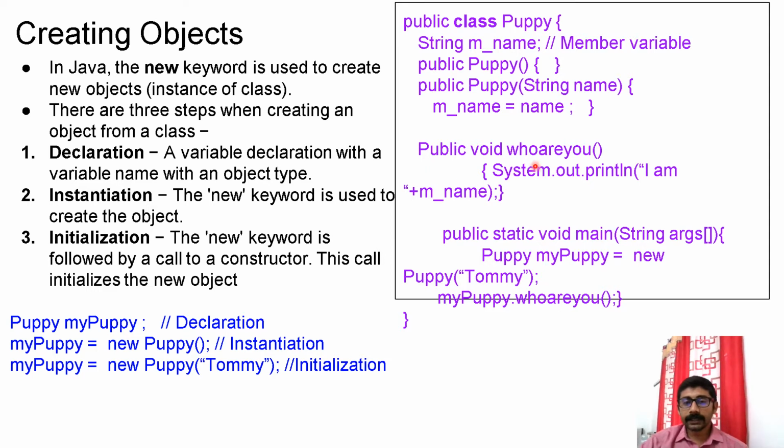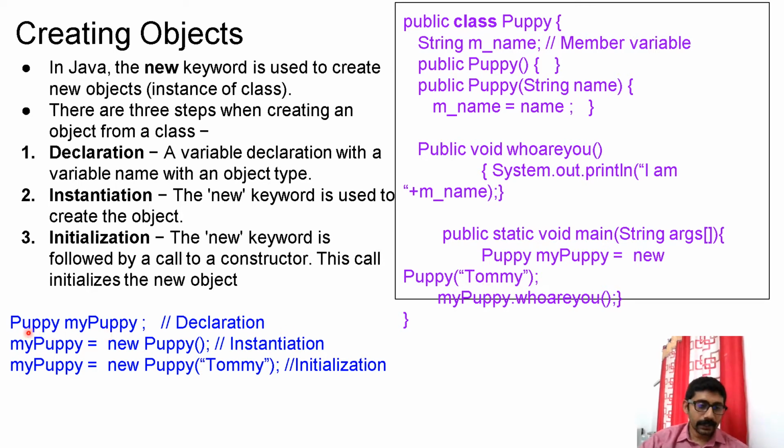Then you have a method. This is a non-static method. And in the main, you are creating the object of this class. The class name is Puppy, the object reference name is myPuppy, new. You are creating an instance of this class Puppy. You are opening parenthesis, and in that you are passing one string. That means this is the constructor which is accepting a string. This version will be executed. That means the name will be set to the passed string, updated with the string you pass at the time of object creation.